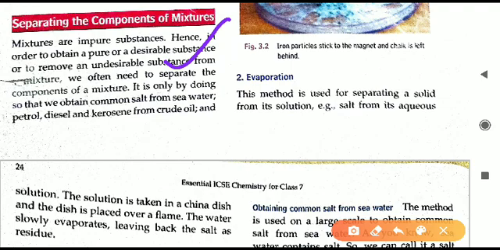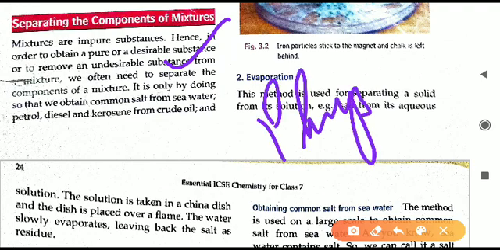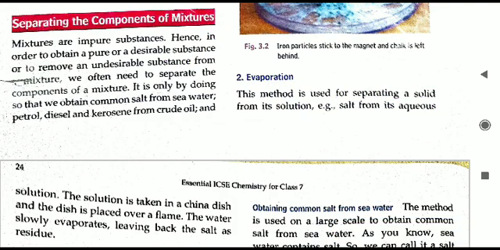There are certain different types of methods. All such methods are physical methods. A mixture can be separated by physical methods only, and we'll learn some examples of how mixtures can be